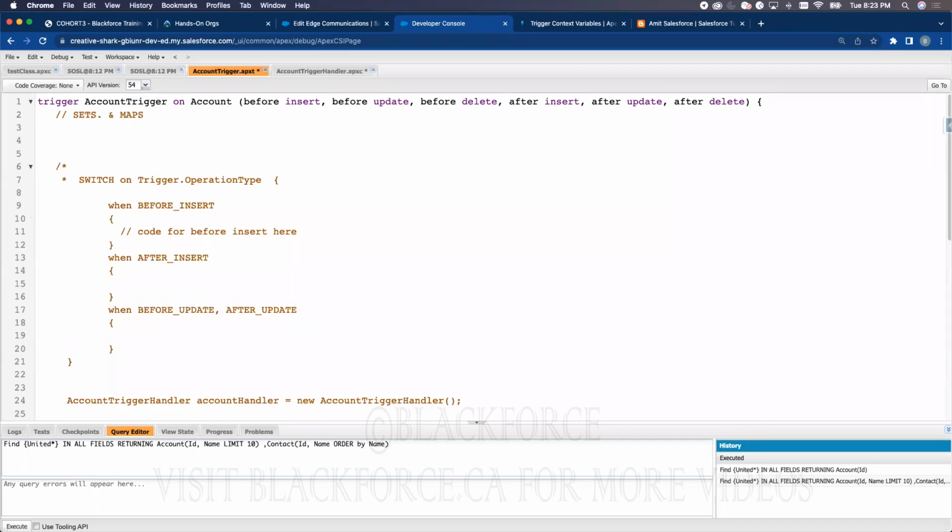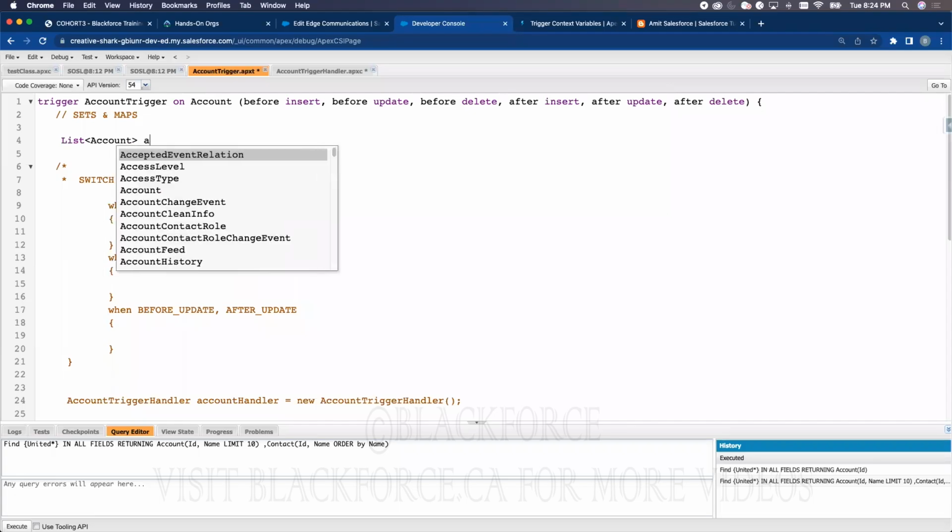Now, I told you we have sets and we have maps. What are they and why do we need them? We need them because it's obviously sets and maps are collections. They're used to collect data in a bulk format. So why do we need them? We need them because it makes processing of data faster. It makes it easier. When you have a list, like this,